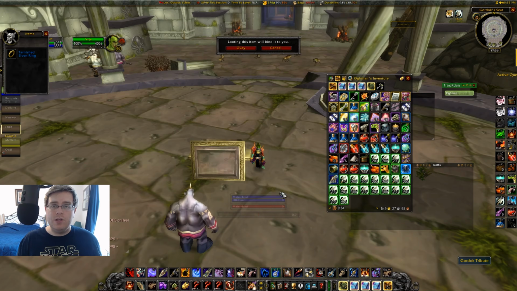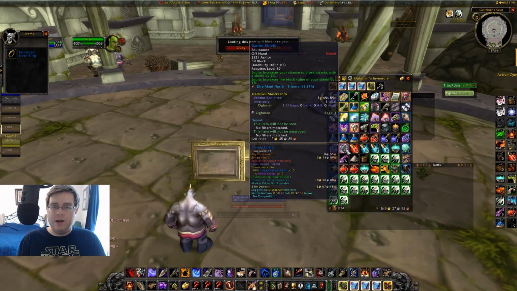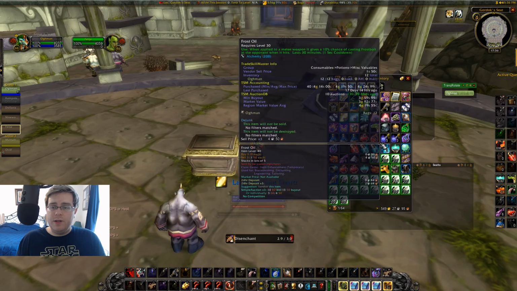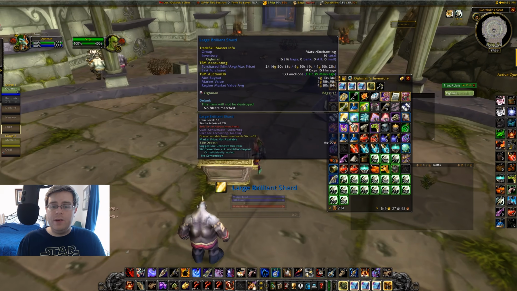Now, if those items don't sell well, so for example, we have the Redoubt Cloak, and then this Barrier Shield, which is okay, but it's kind of hard to sell in general. I recommend having Disenchanting for that. Disenchanting these will turn them into large brilliant shards every single time. Large brilliant shards right now are about 4 gold a pop on my server,